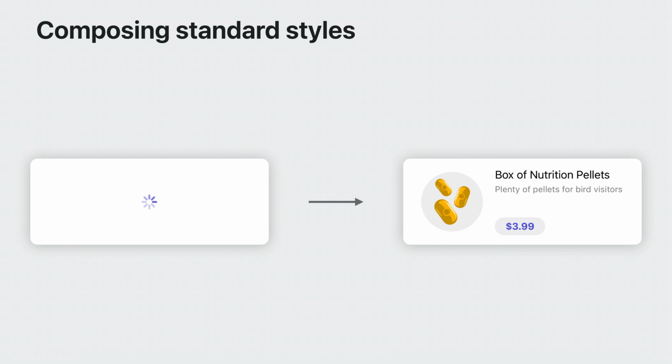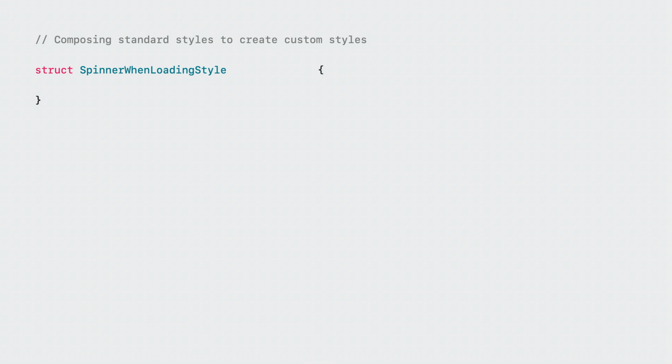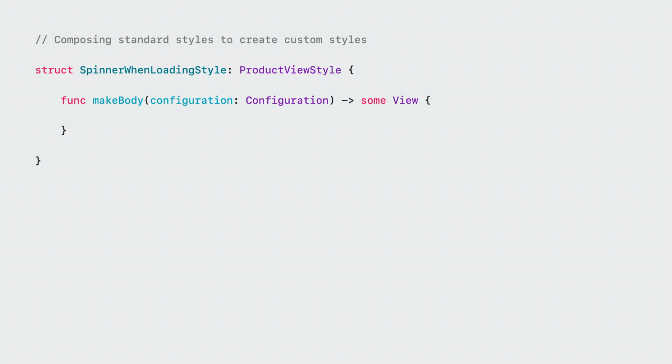For example, what if you want the product view to show a progress spinner instead of the standard placeholder appearance while loading? The first step for creating a custom style is to create a type that conforms to the product view style protocol. The only requirement for implementing the protocol is this makeBody method. The configuration value passed to your makeBody method has all of the properties you need to declare an excellent product view.